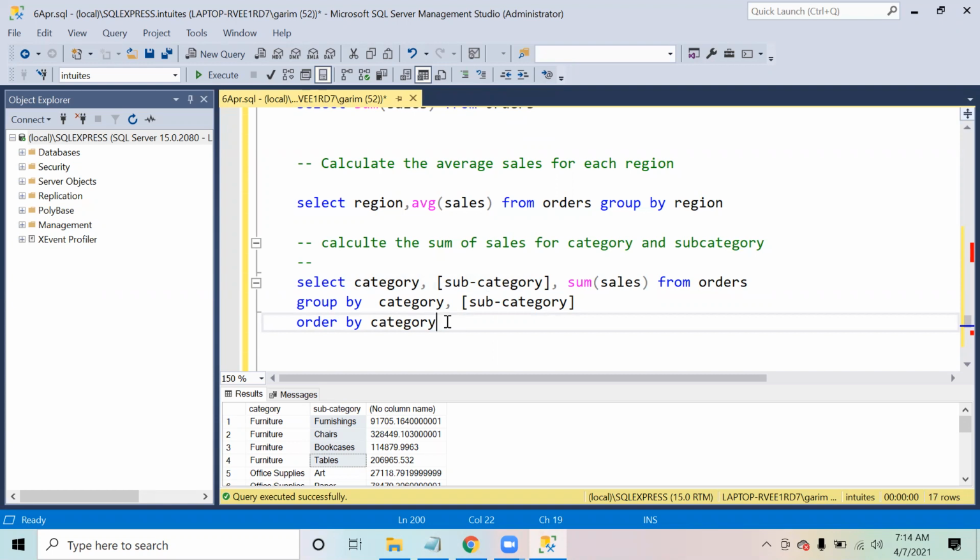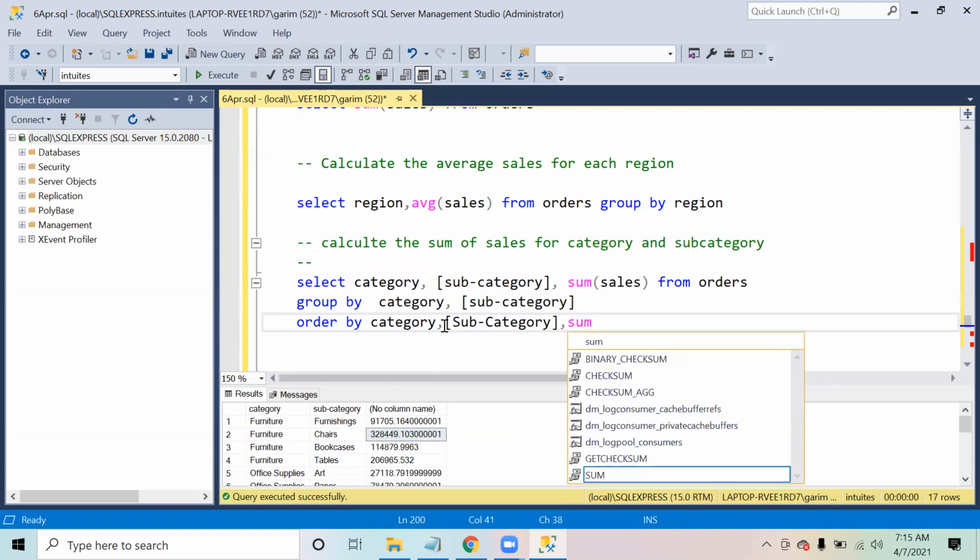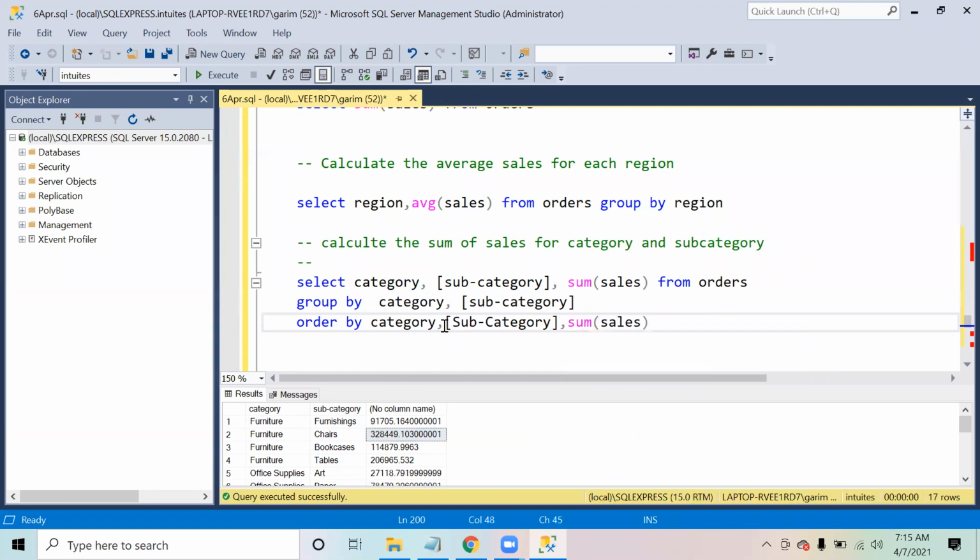The sales would have made more sense if we had multiple sales values, because in the group by, if you see for this furnishings, we have just one row. If the data gets sorted by furnishing, the number is one only, so it is not going to impact the sorting anywhere. But if you want to write that, it will be category, comma, subcategory. You will just write that over here, and comma, if you want to sort by sales also, you can say sum of sales. So this is how you can write all that sorting.